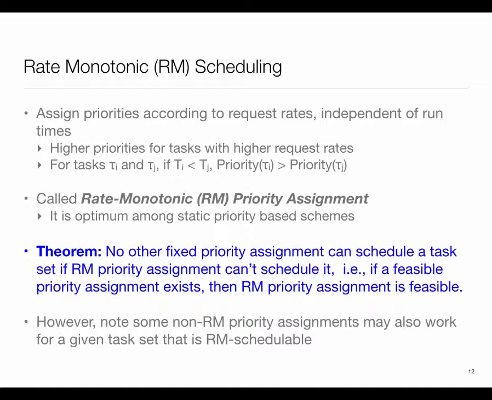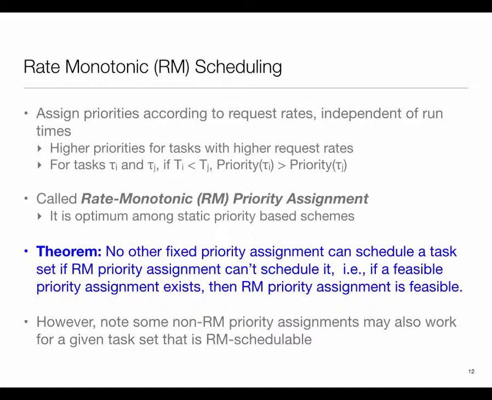There's a generalization of this called deadline monotonic. If D is not equal to T, but D is less than or equal to T, then I'm going to assign priorities monotonic with the deadlines. Again, there are no known results for D greater than T, so we're going to ignore that. For D less than or equal to T, the more general term to use is deadline monotonic. The tighter the deadline, the higher the priority.